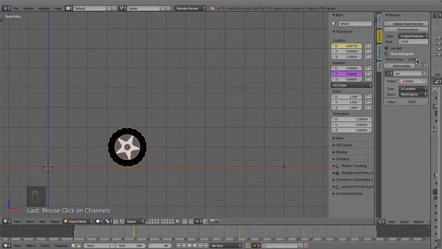The expression needs to contain the variable representing the driving channel, which is below. Let's change the variable name to something more meaningful, like distance, meaning the distance traveled by the wheel. Now, to force the driver to properly evaluate the rotation, we just enter the variable name in the expression field. Notice the driver value below has updated to the correct value, that of the X location, and all the associated